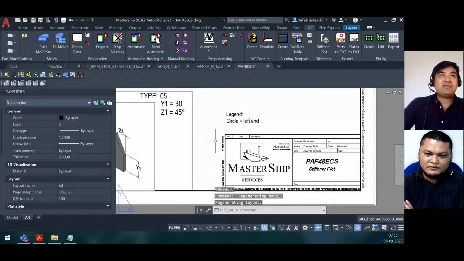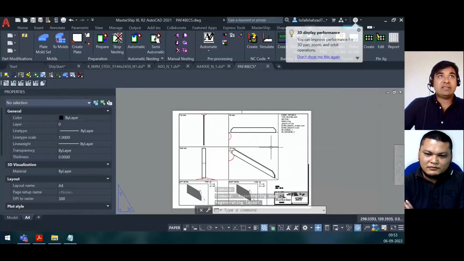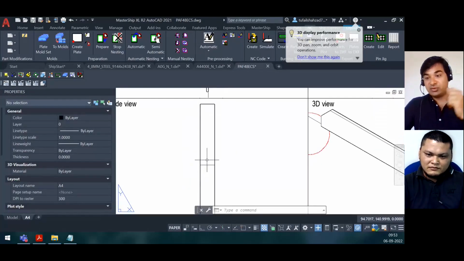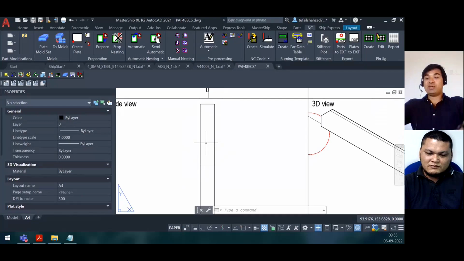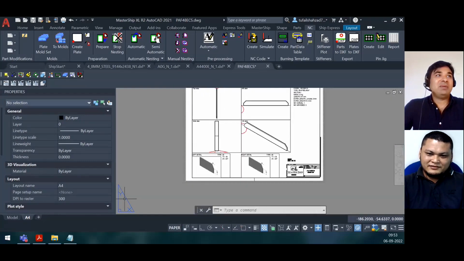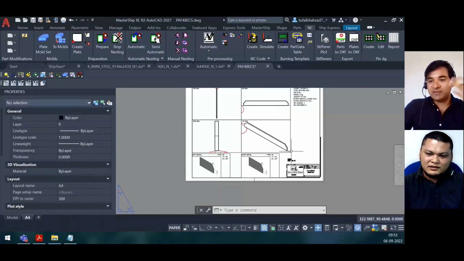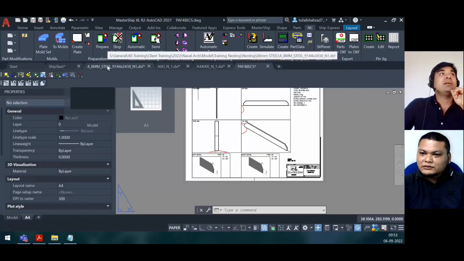Most of the things are totally automatic. If you think there is something to be changed, feel free to come back. Nobody has ever come back with any kind of information so far. They just press it, and maybe they have 1000 stiffeners, and they just send it as a file for them to see if they want to use it or not. So this is with the stiffener plot, and then we